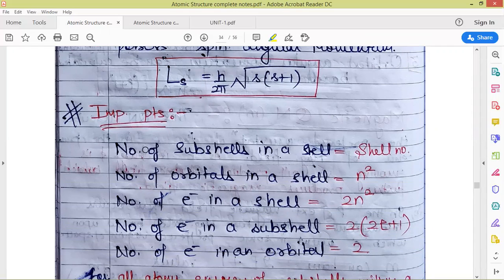Now we have these important points about the quantum numbers which we have discussed so far. From the quantum numbers, number of subshells in a shell are given by the shell number. Shell number is principal quantum number and number of subshells are given by L, and L can have n number of values. Number of orbitals in a shell,